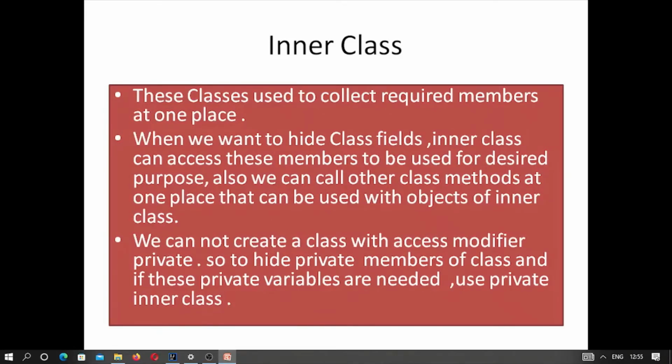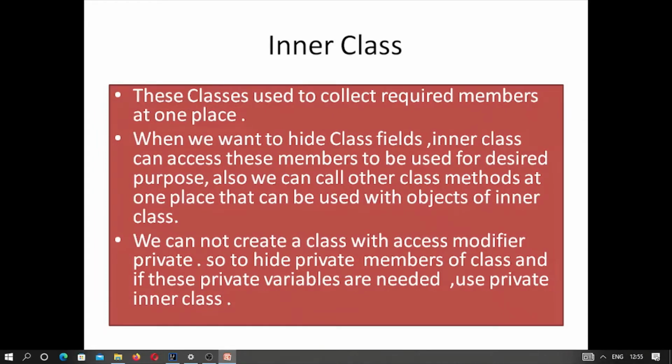So in an inner class and its method, we do all the things, and from the outer world we call the object of the inner class and call its method.